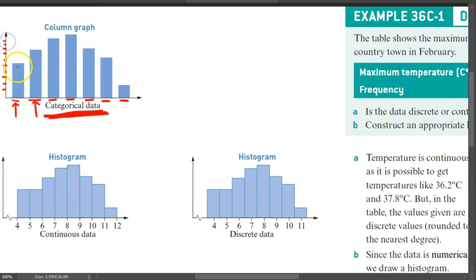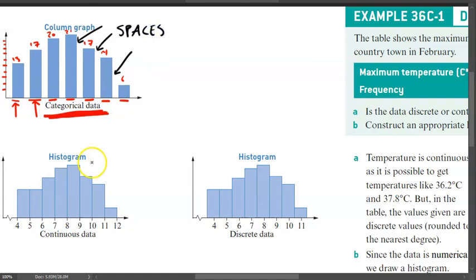So maybe 13 people answered this one, and then 17 here, and then 20, 21, 17 again, 14, and 6. Okay, maybe that's just popular. That's just a rough example. One really important key feature is that for categorical data, there are spaces